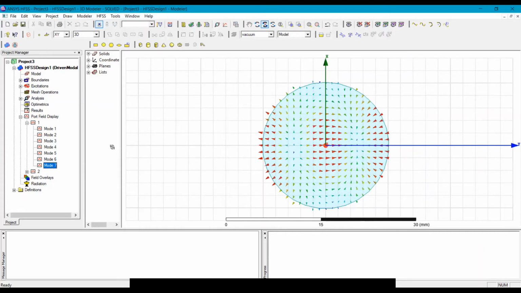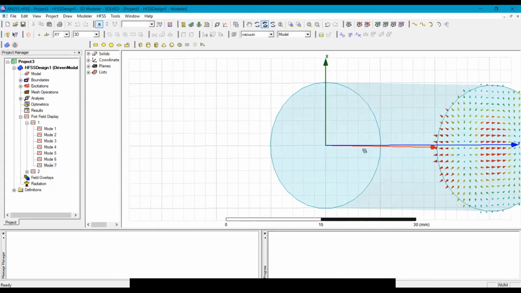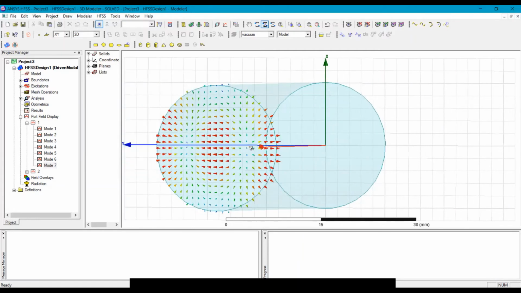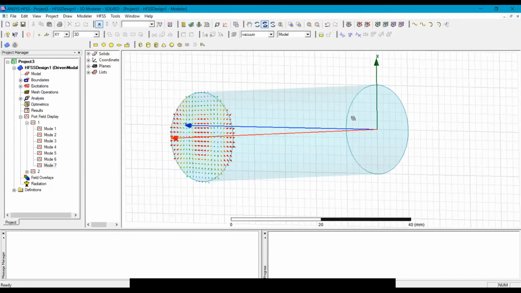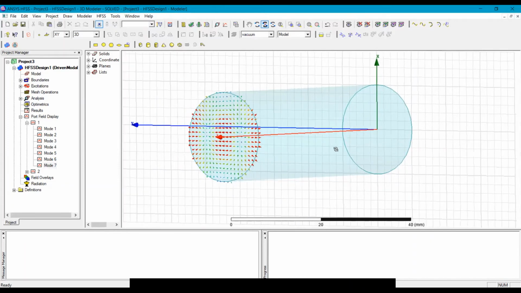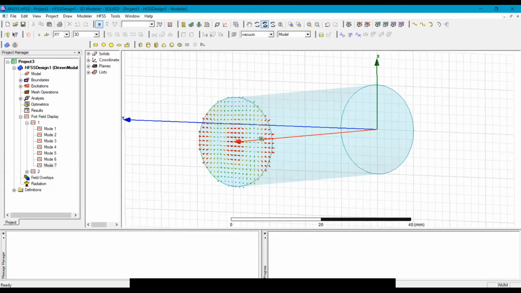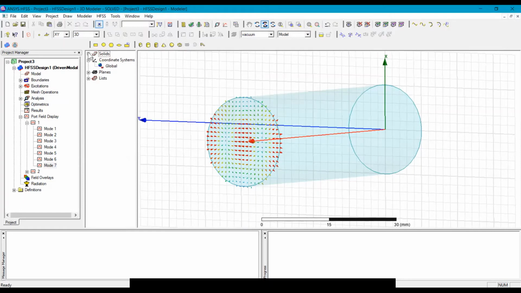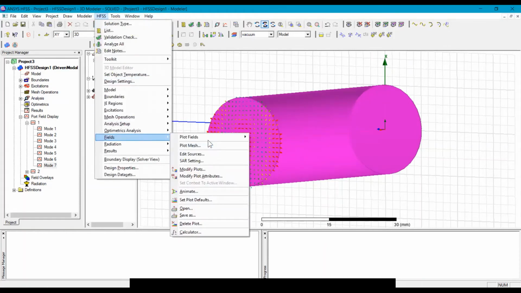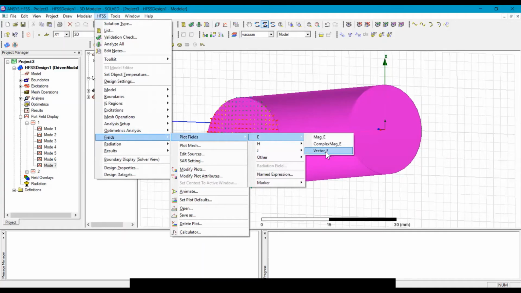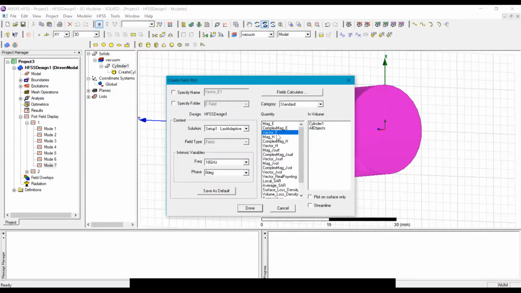Now I will see the electric and magnetic field propagation through the waveguide. To see this, I will select the cylinder from here, and then I will go in the field, plot field, electric field, and this I want to see the vector, like electric field in the vector form.